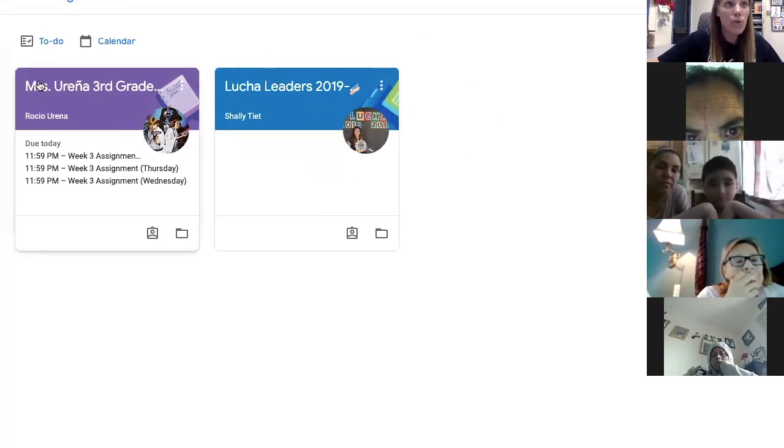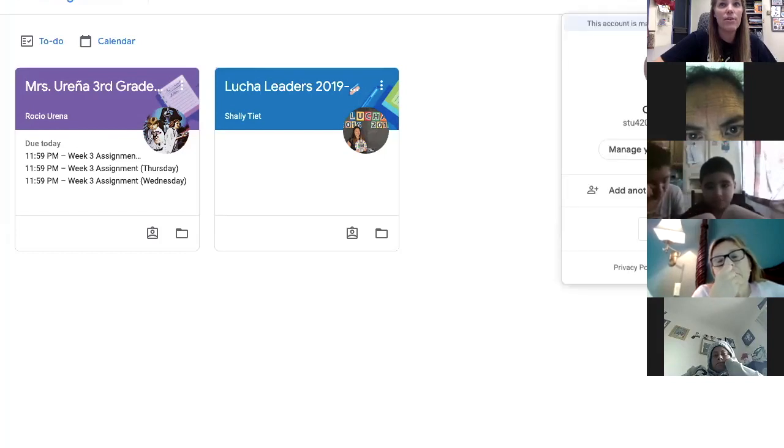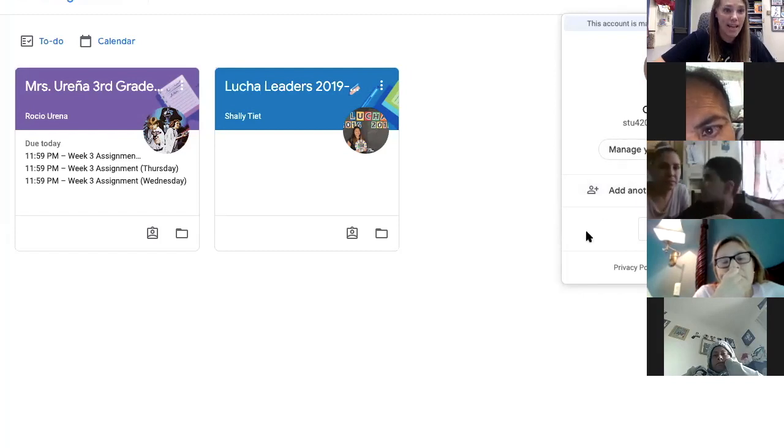So if you go to this in your child's account, and again, they have to be logged in with their STU account, okay? Remember, you can always tell if you're logged in by looking at the top right-hand corner, where you will see the Google account name. And if you're not, then you'll have an option here that says sign in. And this is where they'll sign in. They use their STU, right?